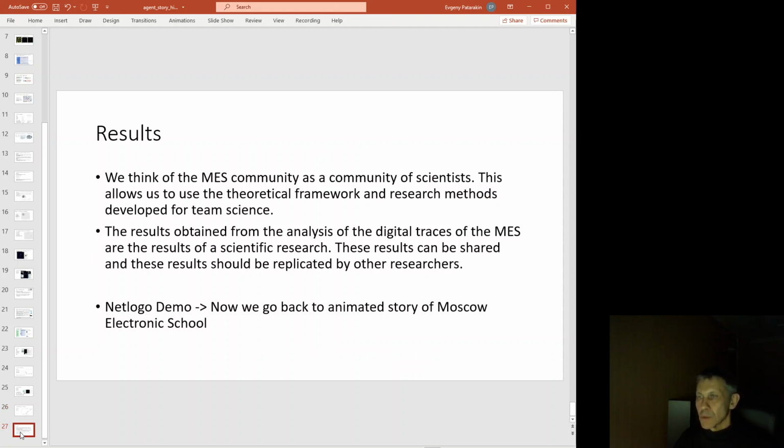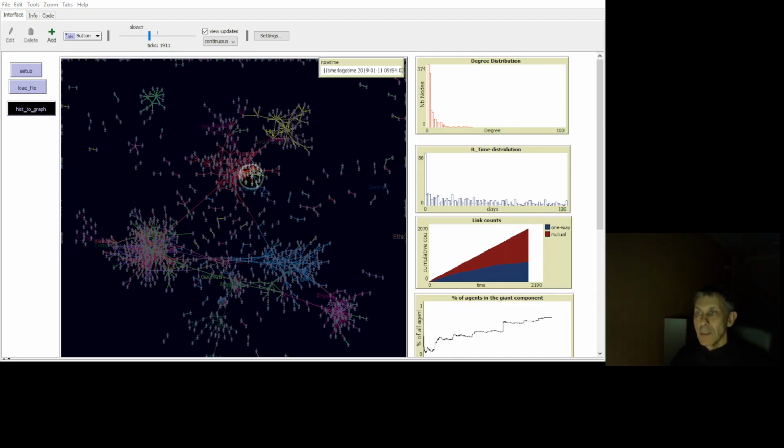So that is the first point where we started, but what we try to show in this presentation and discussion is that we can go from text to diagrams to graphs to simulation and then to agent-based modeling. On the basis of the digital trace of Moscow Electronic School, we can create the graphs and have simulation, and we can understand the behavior of users in Moscow Electronic School on the basis of agent-based models. So we go back to the NetLogo presentation,